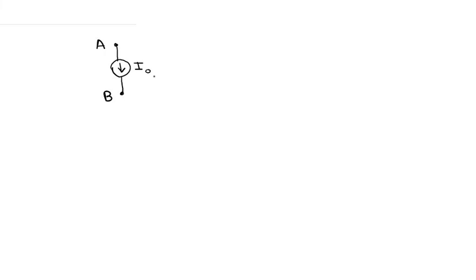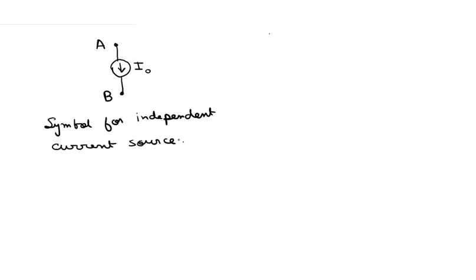Okay, now this is a constant current source and it gives a current I0 irrespective of the potential difference between the points A and B. If I draw a symbol like this, so this is basically an independent current source. Okay, this is a symbol for an independent current source. Independent current source basically means that the current between the two terminals A and B is always constant and independent of any other parameters in your circuit.